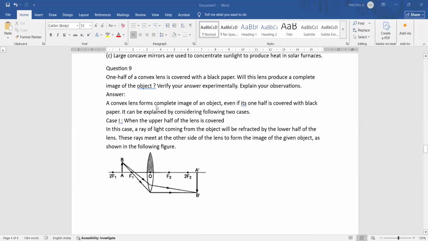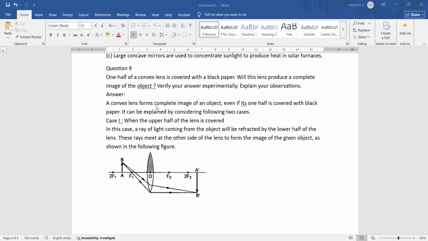Okay, I think you people are not otherwise having any other doubt and other questions. So I'm just shifting my discussion to the question ninth now. Now in the question ninth, you are having one half of the convex lens covered with the black paper. कन्वेक्स लेंस का हाफ पोर्शन आप कवर कर रहे हो विद द ब्लैक पेपर, तो कहते हैं क्या अभी भी फुल इमेज बन जाएगा? एक्सपेरिमेंटली बताओ एंड एक्सप्लेन योर ऑब्जर्वेशंस।